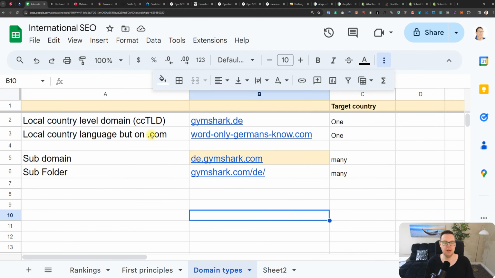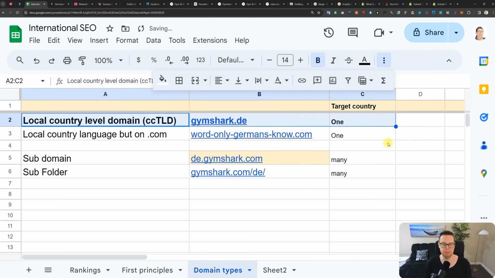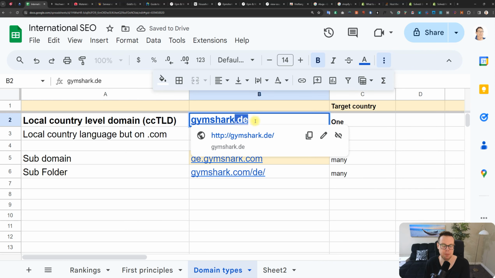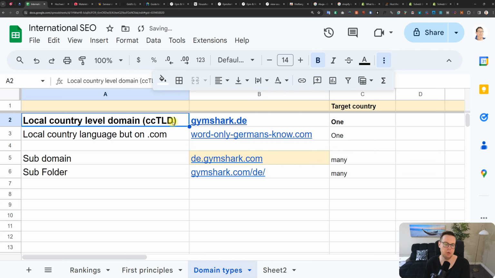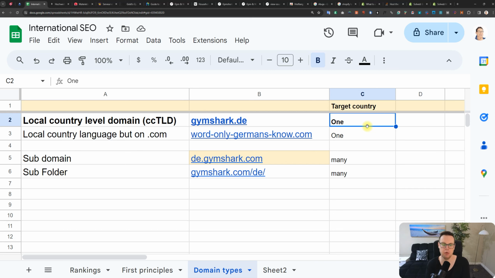Now back to the domain types, there's actually a psychological factor that comes into play, and it's the reason why I prefer the local country level domain. I'll bold that here, this would be the .de version. And the factor that I want to mention is that this forces us to not do too much at the same time, because if you want to rank in competitive search results,